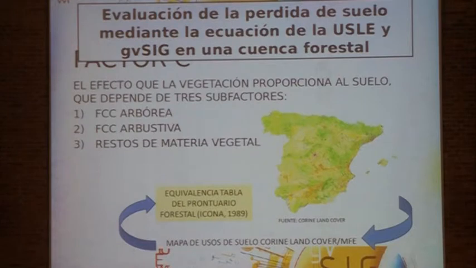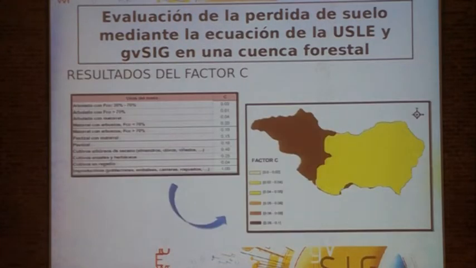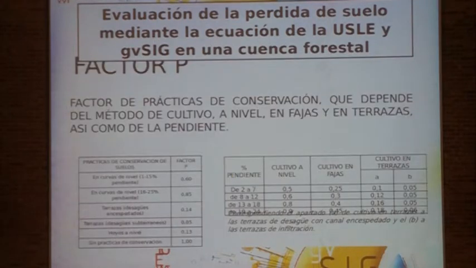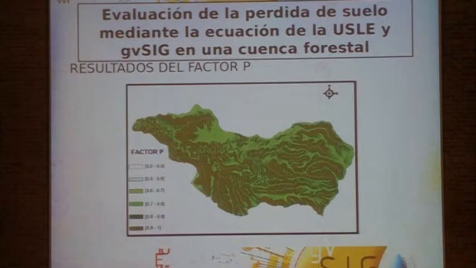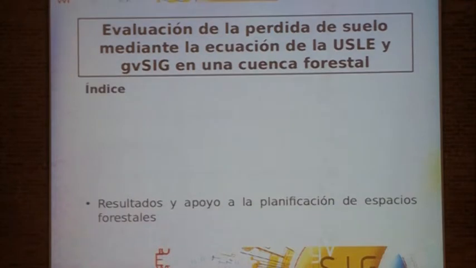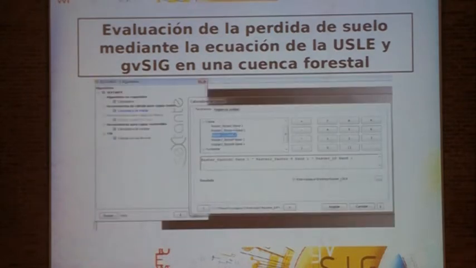That depends on the soil, and based on this cartography, this factor. And the P factor has to do with the conservation practices that depend on the level of cultivation of the soil, and would have different values depending on the different factors. That is the raster for the P factor of this area,